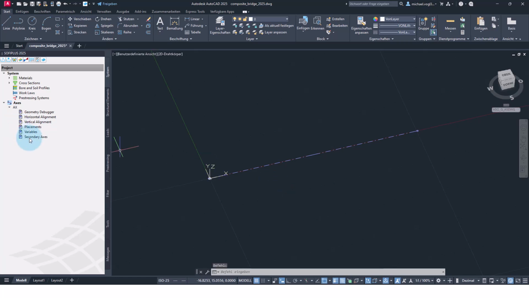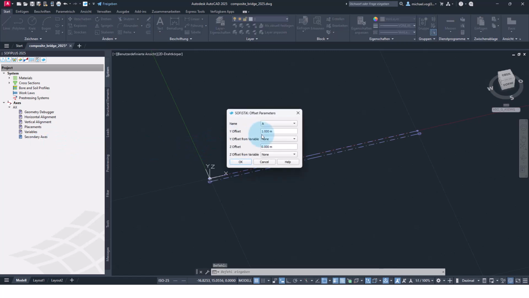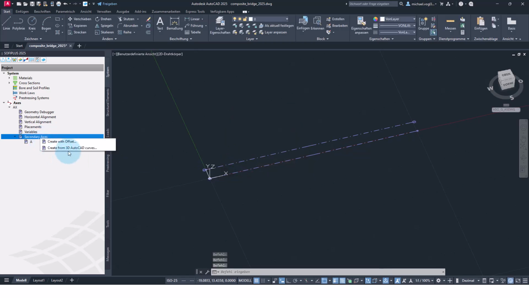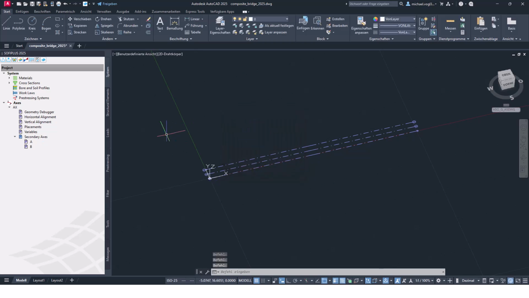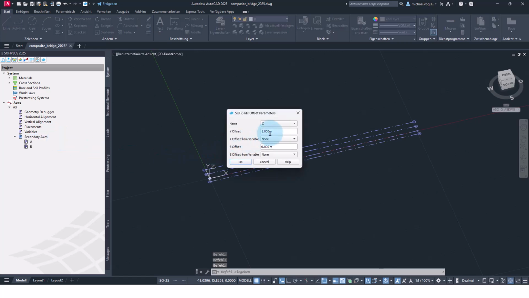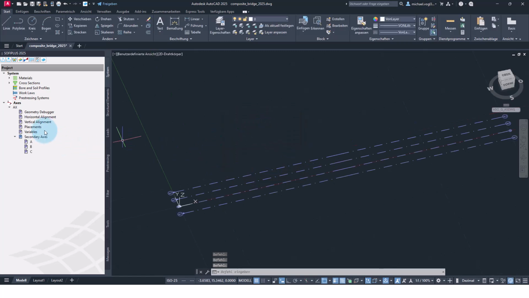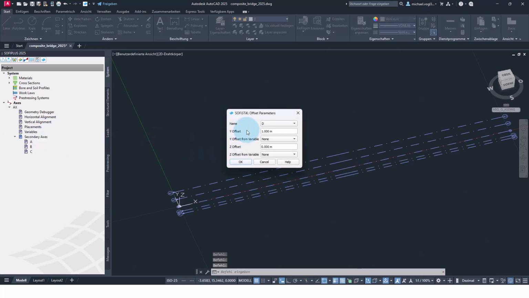Create secondary axis with an offset of -3, -1.5, 1.5, and 3 meters.